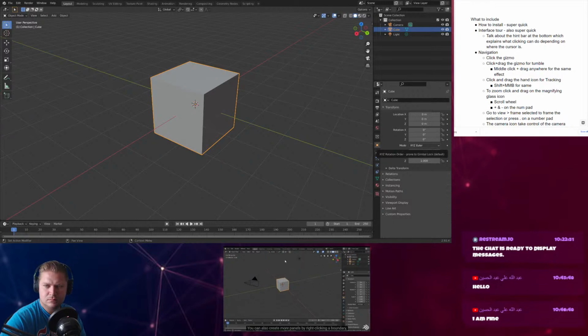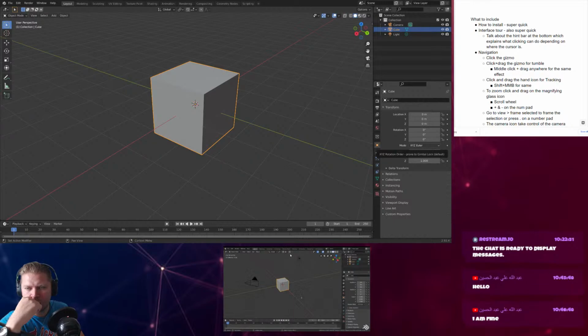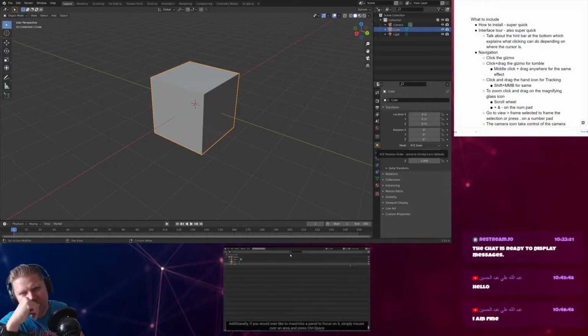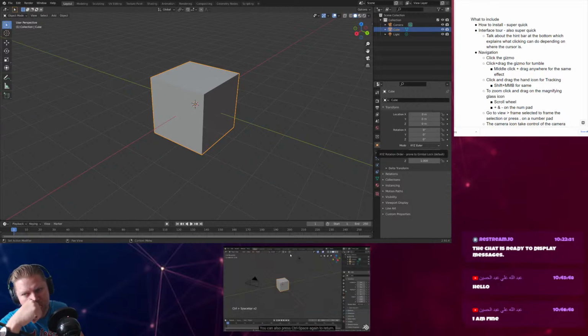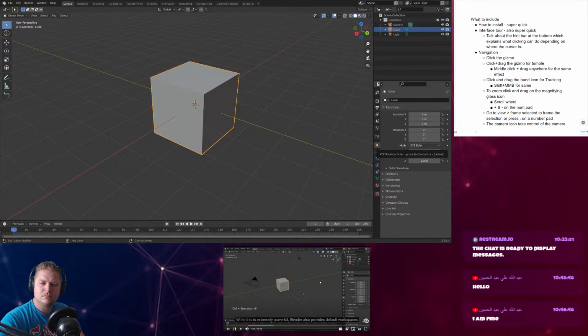You can also create more panels by right-clicking a boundary, clicking Split Area, and then left-clicking at a position of the screen you desire. To delete a panel, simply right-click a boundary, click Join Area, and left-click over the panel you'd like to overwrite. Additionally, if you would ever like to maximize a panel to focus on it, simply mouse over an area and press Ctrl Space. You can also press Ctrl Space again to return. While this is extremely powerful, Blender also provides default workspaces you can